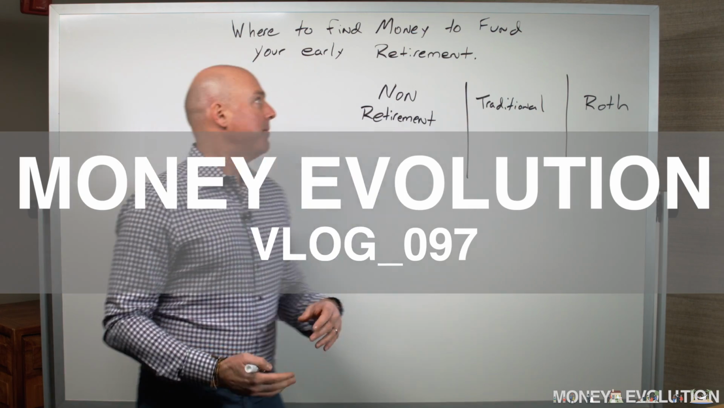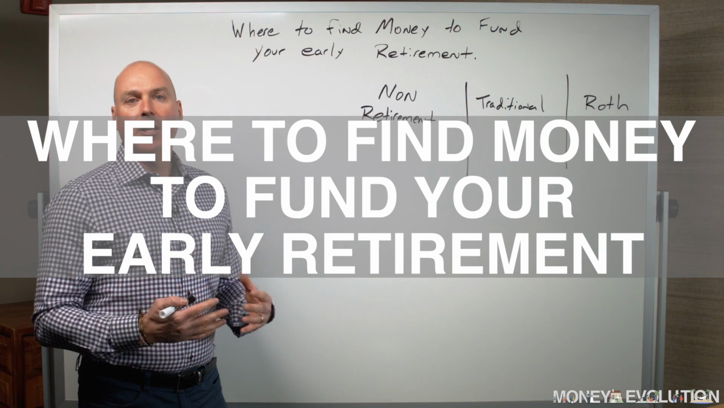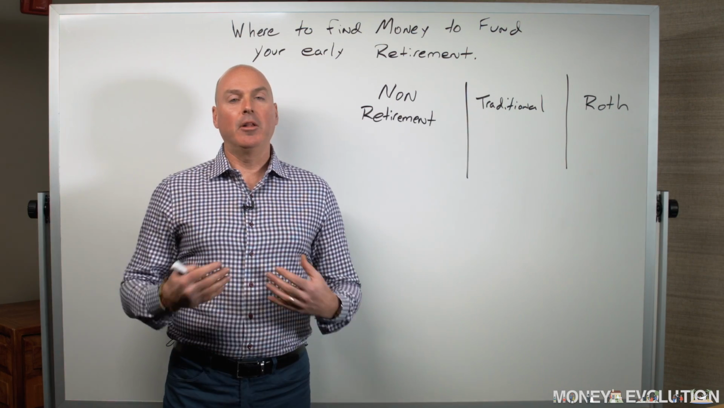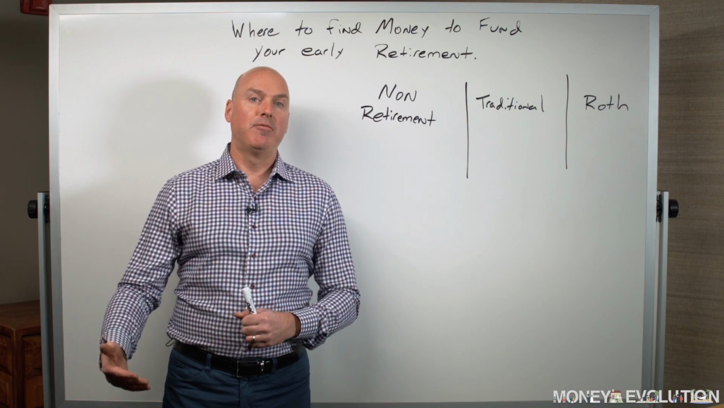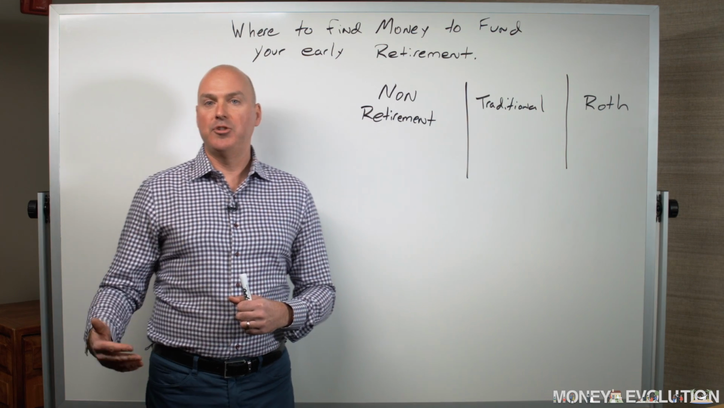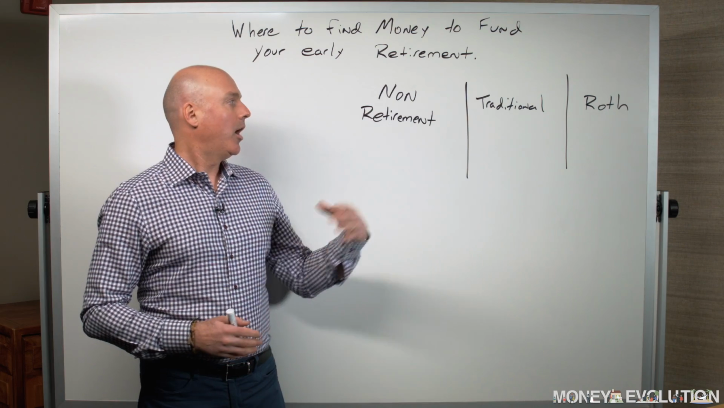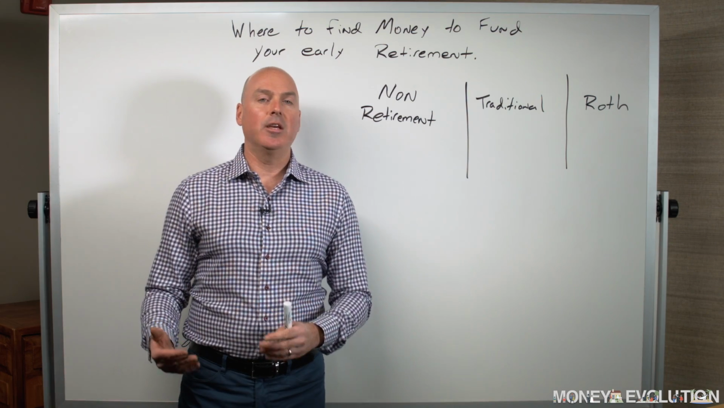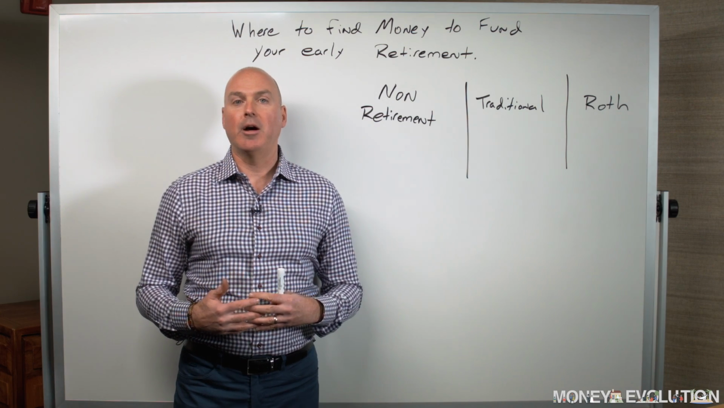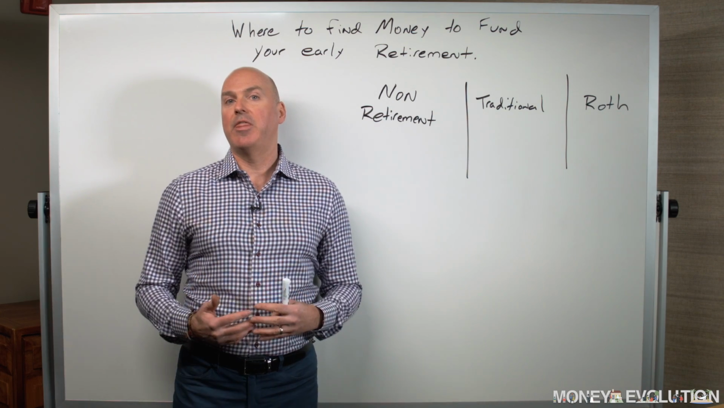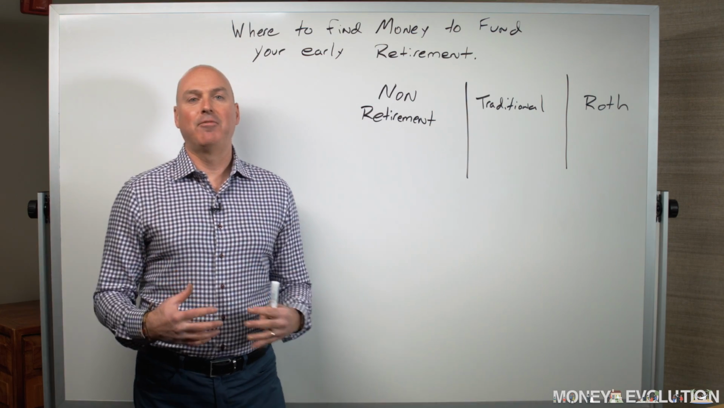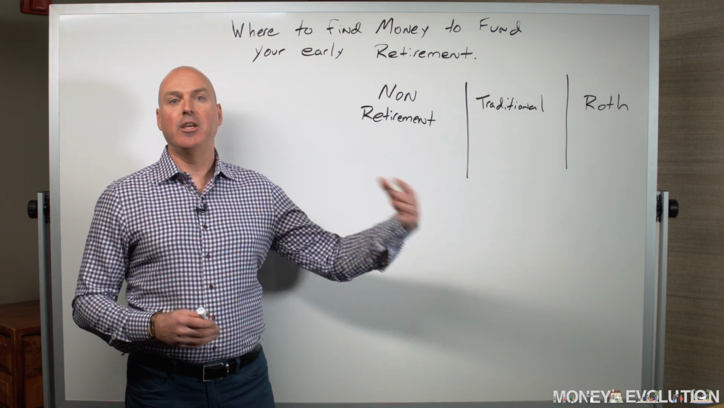In this video, I'm going to be talking about where to find money to fund your early retirement. So if you're planning on retiring early, especially if you're planning on retiring before age 62, the earliest you can collect Social Security benefits, or even retiring prior to age 59 and a half, when you can start taking normal distributions from your retirement accounts, I think there's a couple of very specific things that you need to think about in terms of how you're going to get the money to fund your cash flow needs, especially in those early